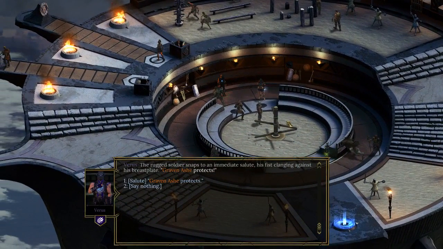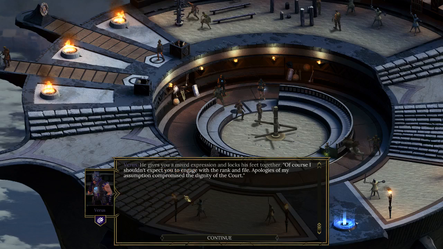The rugged soldier snaps to an immediate salute, his fist clanging against his breastplate. "Graven Ash protects." Alright, say nothing. He gives you a mixed expression and locks his feet together. "Of course, I shouldn't expect you to engage with rank and file. Apologies if my assumption compromised the dignity of the court." Oh, it...